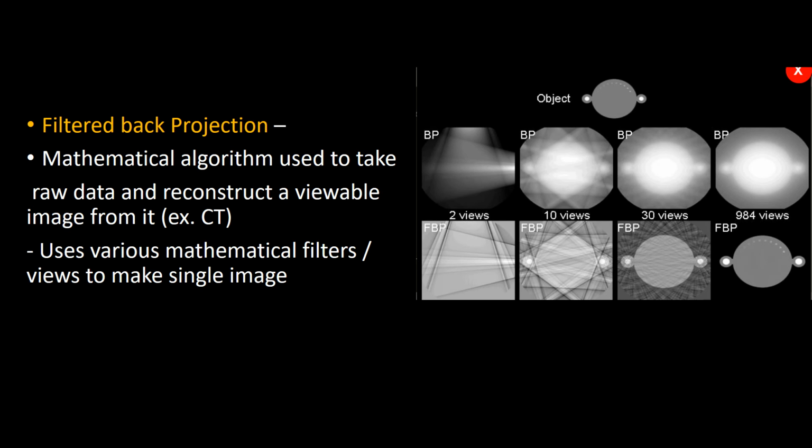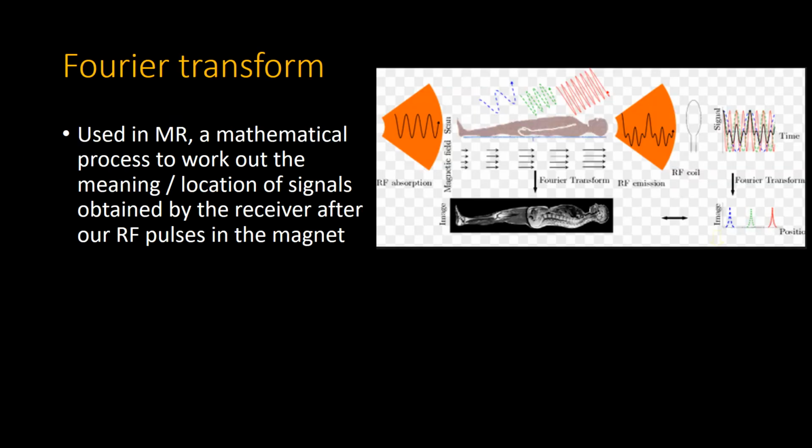So filter back projection is probably the oldest type of mathematical reconstruction that's utilized in radiology. It's a mathematical algorithm that takes raw data from image detectors and reconstructs them into a viewable image, for example, a CT scan in 3 dimensions. It uses all these different filters to make a single image view that looks like what was exposed to radiation, right? It goes through all these different iterations to eventually make something that looks like this phantom, which is what was originally viewed. A Fourier transform is the mathematical reconstruction used in MRI, and it's